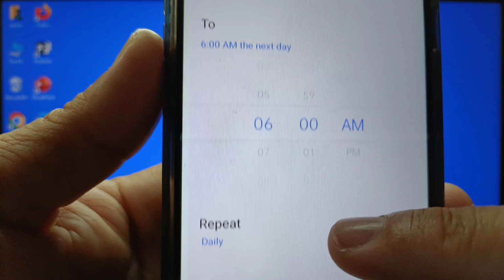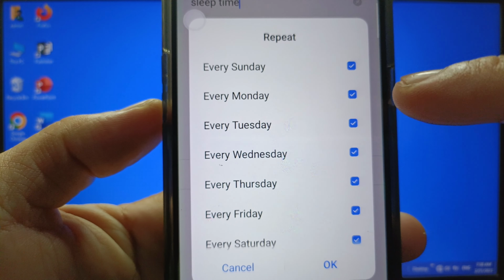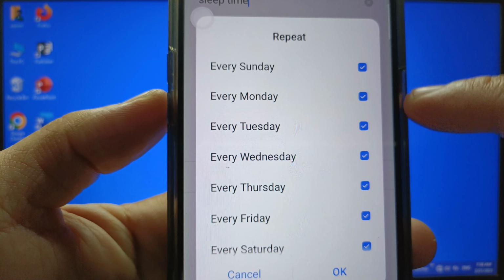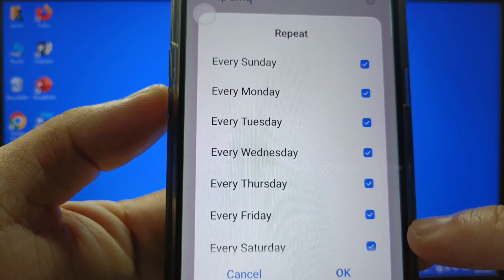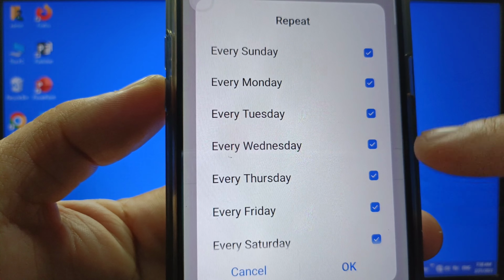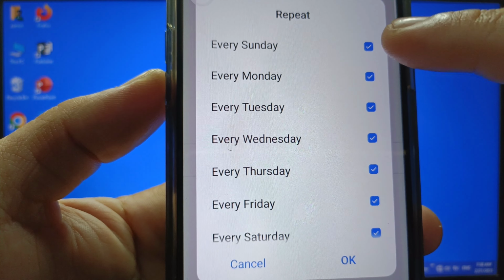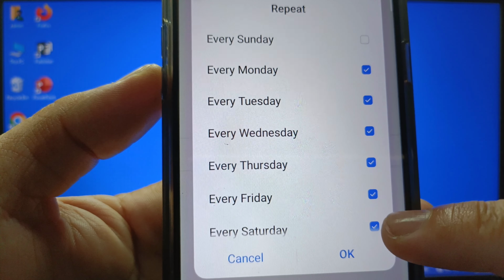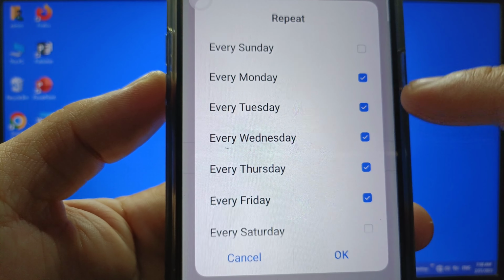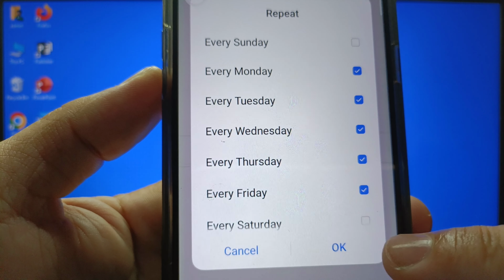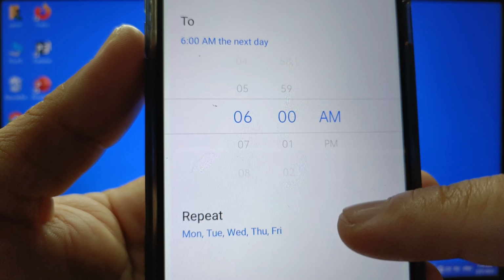And okay guys, here below you can see the repeat. So you can tap this, and you can change the repeat into every Sunday, Monday, Tuesday, Wednesday, Thursday, Friday, or Saturday. So okay guys, I decide to repeat it Monday to Friday. So I uncheck the Sunday and Saturday. After you set the repeat days, you can tap the OK button to set the repeat schedule, and